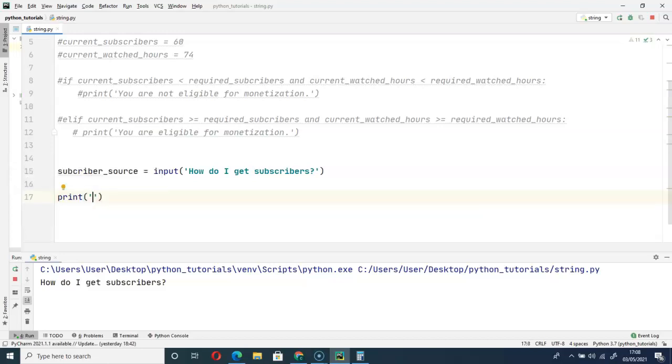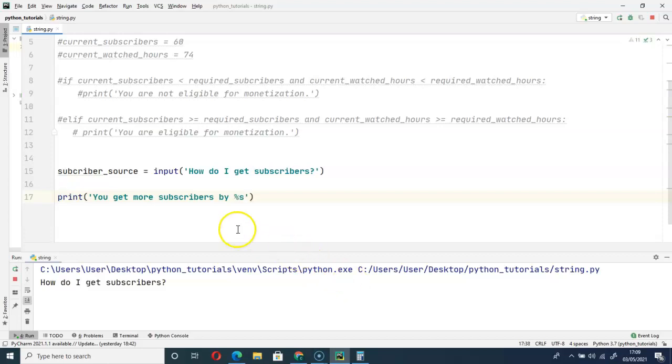string, so in quotes, you get more subscribers by, then I have to format this because I will have to include the variable, subscriber source, in this print function. So I will use the formatting method, this one, percentage and s.